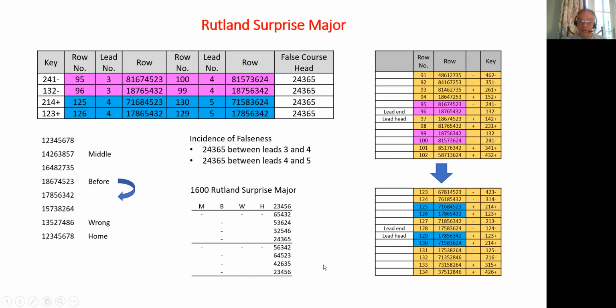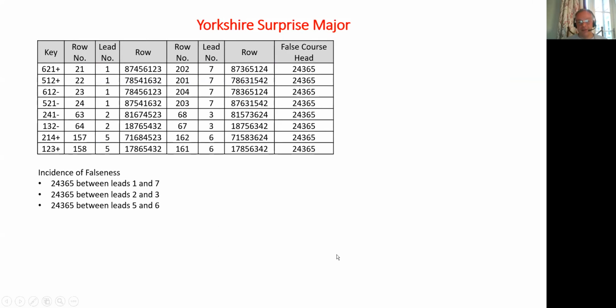We could have actually used a similar technique to that with our attempt at coming up with the Peel of Yorkshire as well, because if we do the same with our 8 duplicate keys in Yorkshire and actually write down the lead number where the falseness is occurring, and we look at the specific incidence of falseness in Yorkshire, we can see that it's between leads 1 and 7, 2 and 3, 5 and 6. But you notice that again, lead 4 doesn't appear in that instance of falseness at all. So that means that you can